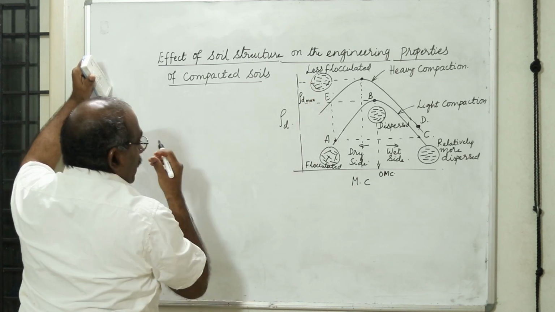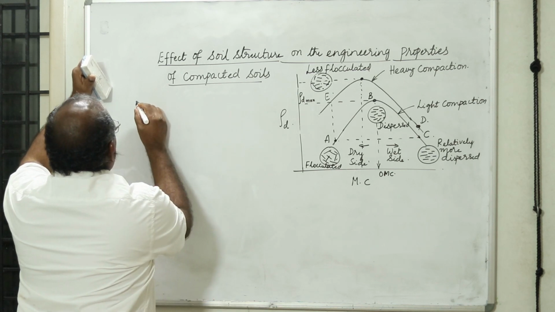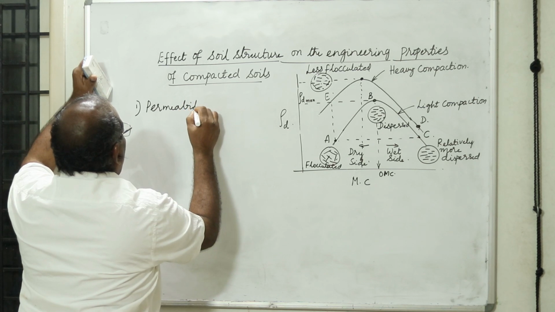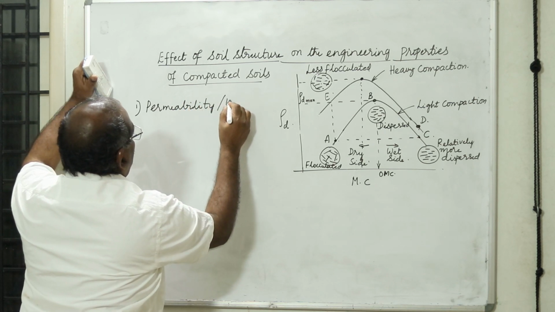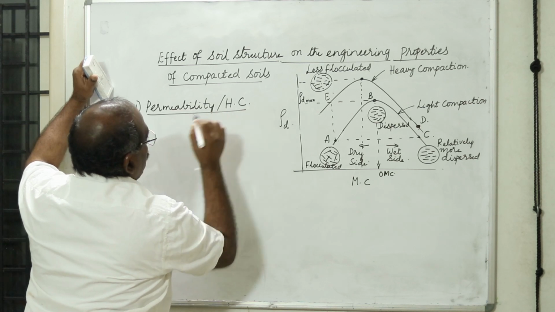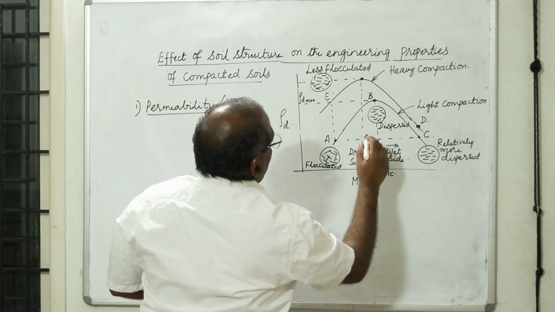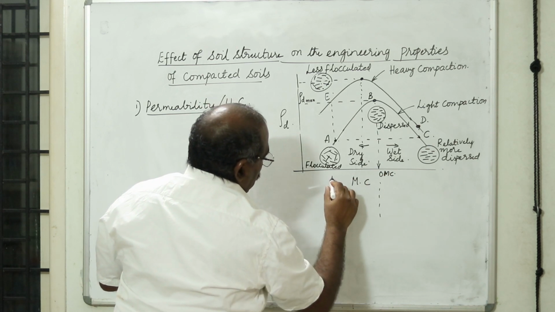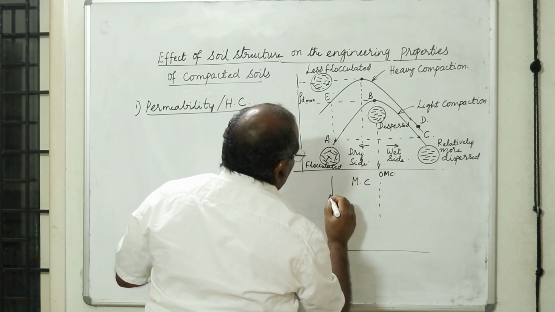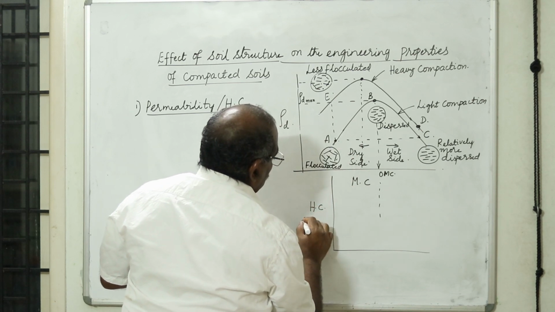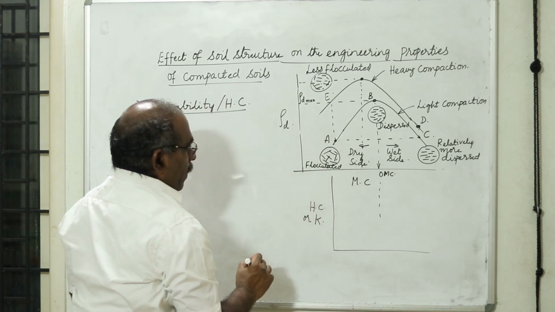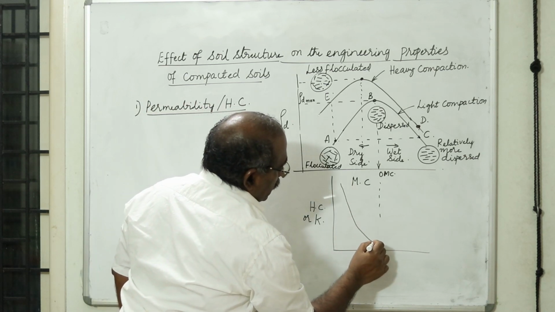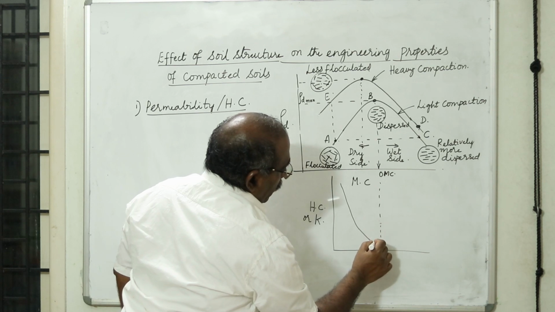Now, second, we will try to see what is going to happen to the permeability, because we have got engineering properties, permeability or hydraulic conductivity. Now let us say I am taking a light compaction. What happens to the shape of the variation of the coefficient of hydraulic conductivity K? It goes on decreasing, and reaches the lowest value